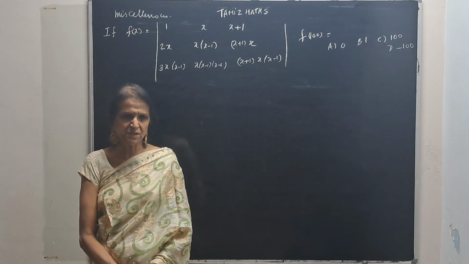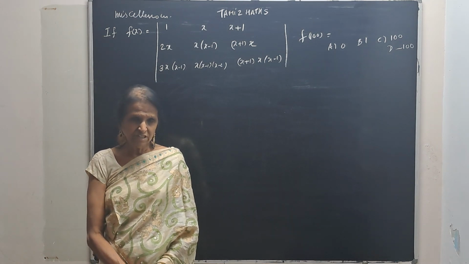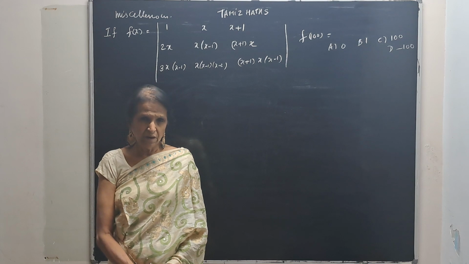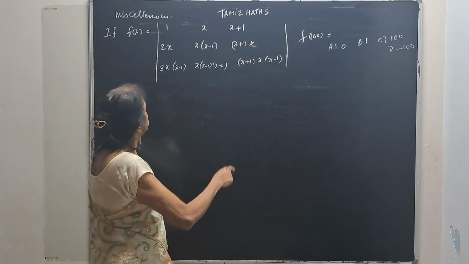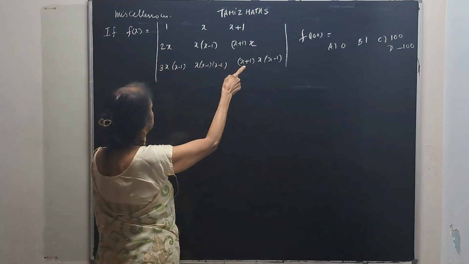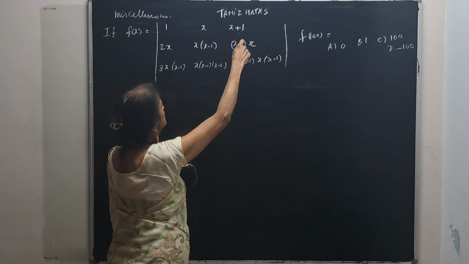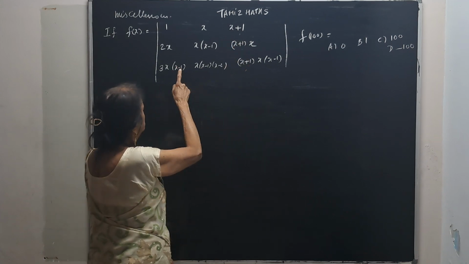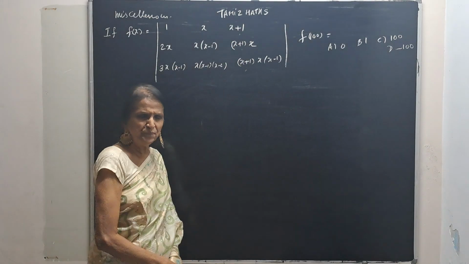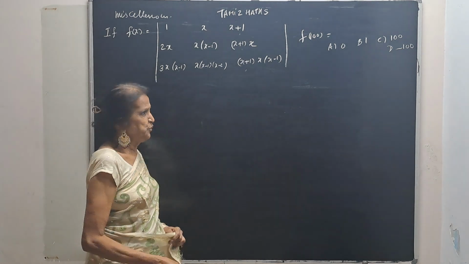This could be done in two ways. One way is you can take x outside from here, and take x plus 1 outside from here, and x like that. You can do so many things that you'll take up afterwards. But what I'm going to do now is